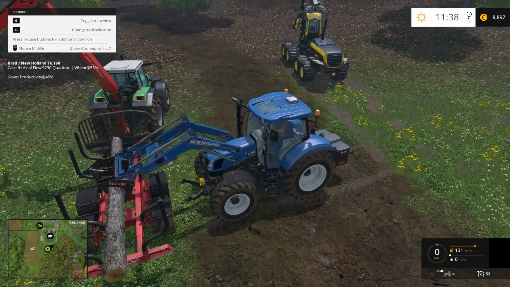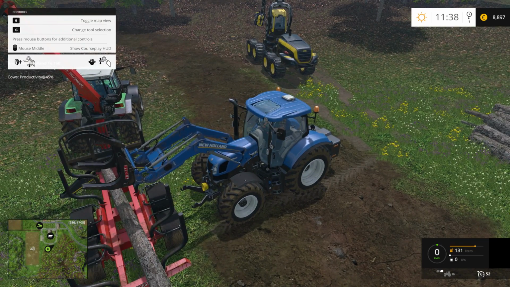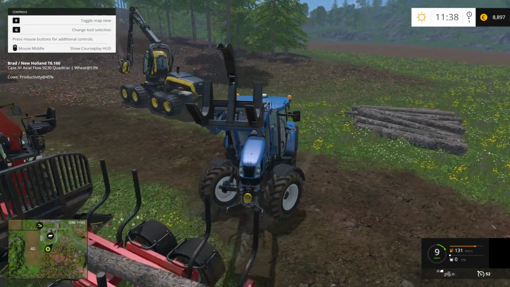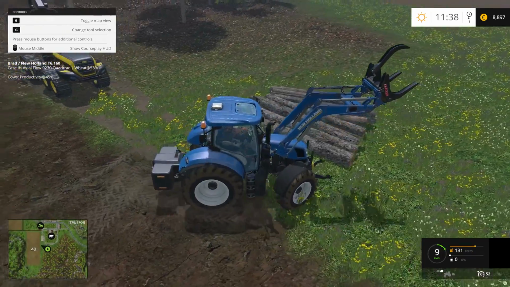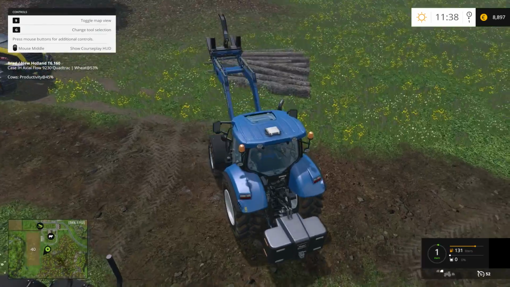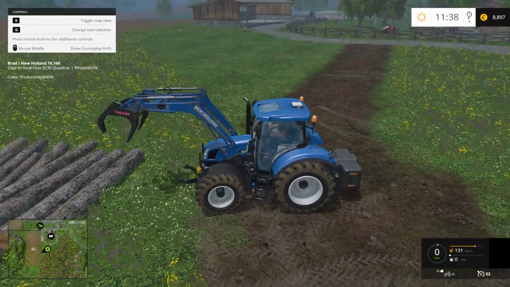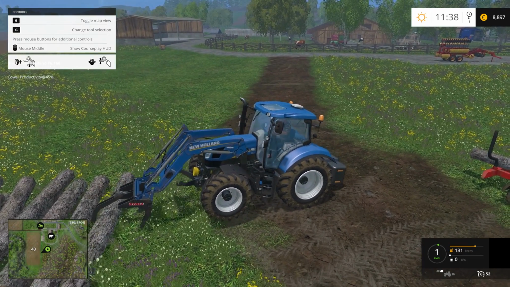So, do you guys feel that the logging made a good addition to Farming Sim, like the forestry stuff? At first I was like, well, that's pretty cool. I was hoping for things like, more like trees. I was hoping for a lot more,